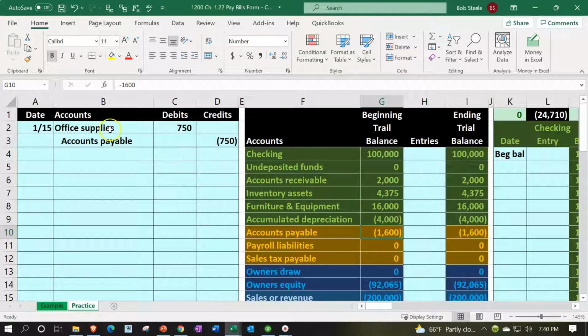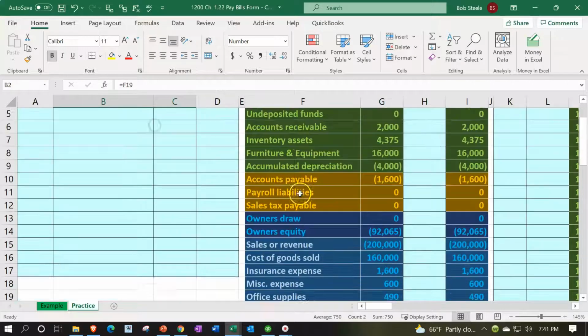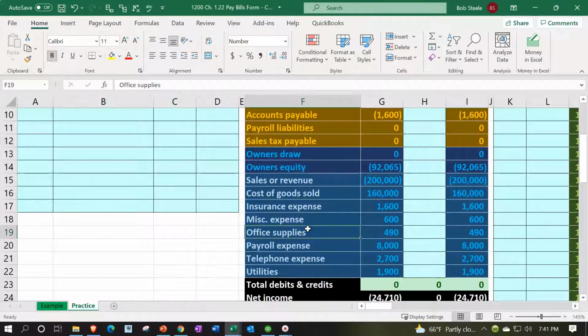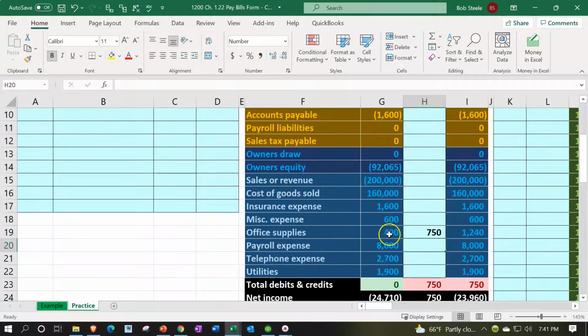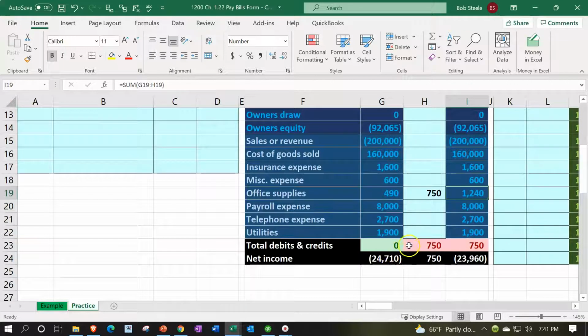If we post this out, we're going to go to the supplies. The supplies are down here in the expense area. We're in cell H19, equals, pointing to that 750. And then we're going to say this 490 went up by 750 to 1,240. We're out of balance by the 750, and we could see the net income went down because this is a credit balance. This is income, not a loss. 24,710 minus 750 to